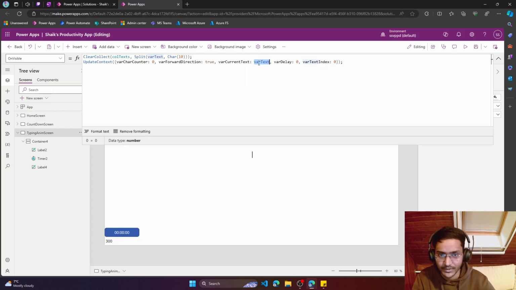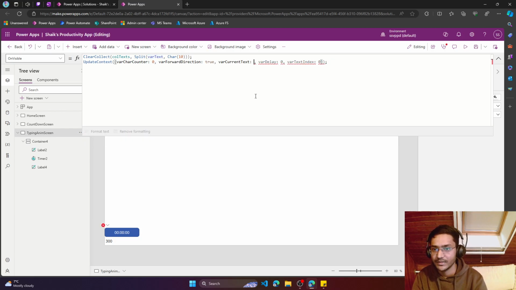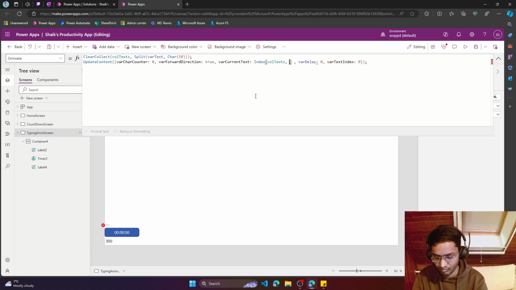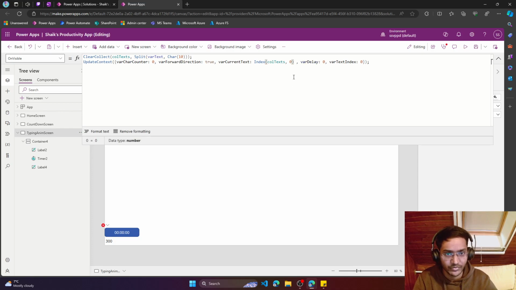Okay, anyways, so this is going to be index, there's an index function to get called text, and then I'll pass 0 because initially I just need to fetch the first one,